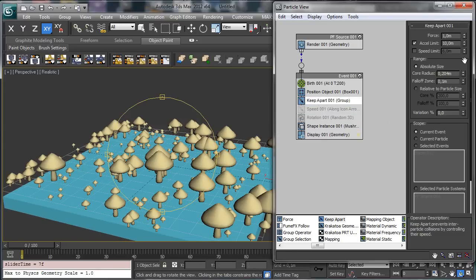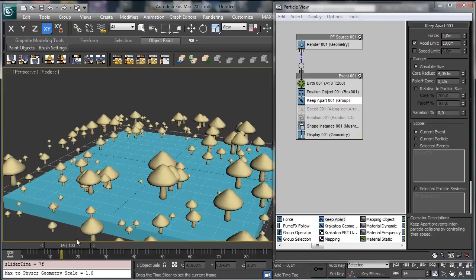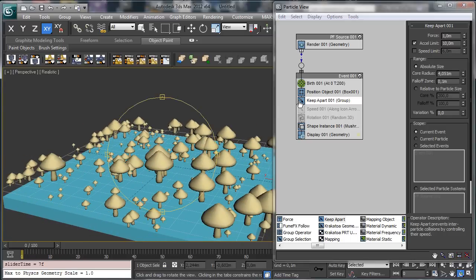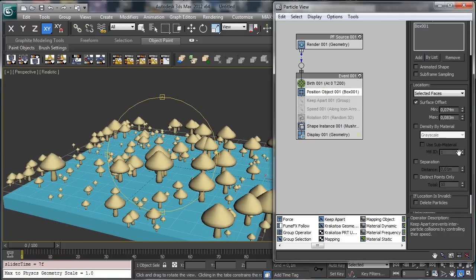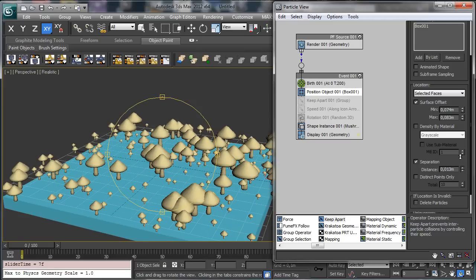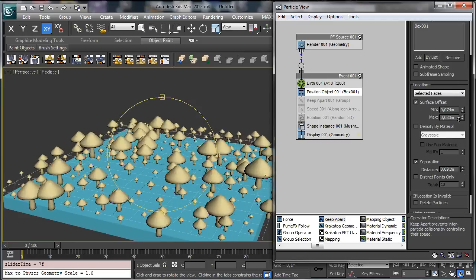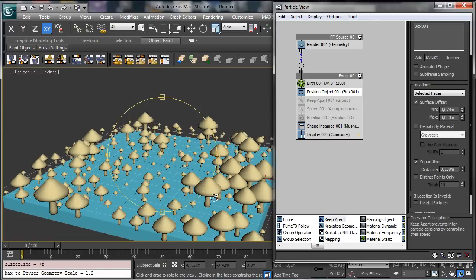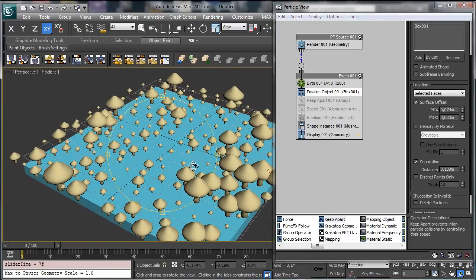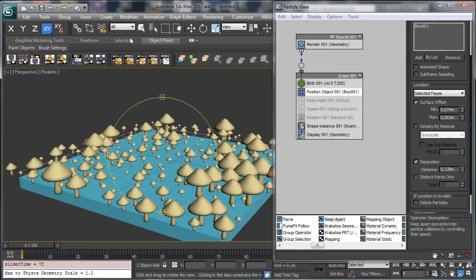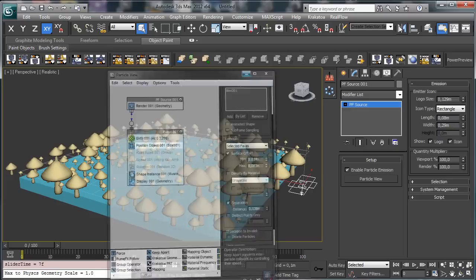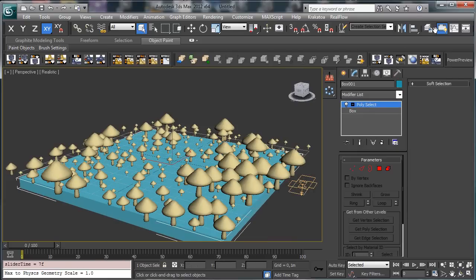Keep apart gives us the possibility to repel particles, but it will repel during animation. So the simple way is to use separation, and you see that we can have a distance between the mushrooms. You see that it's a really regular way to place mushrooms, but we can also select the objects there,